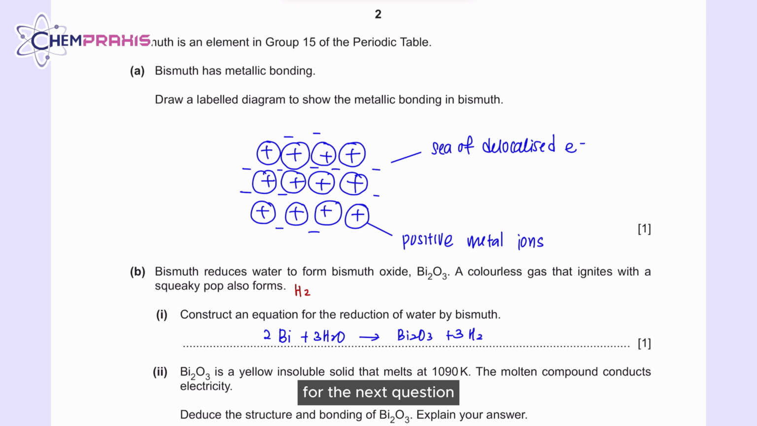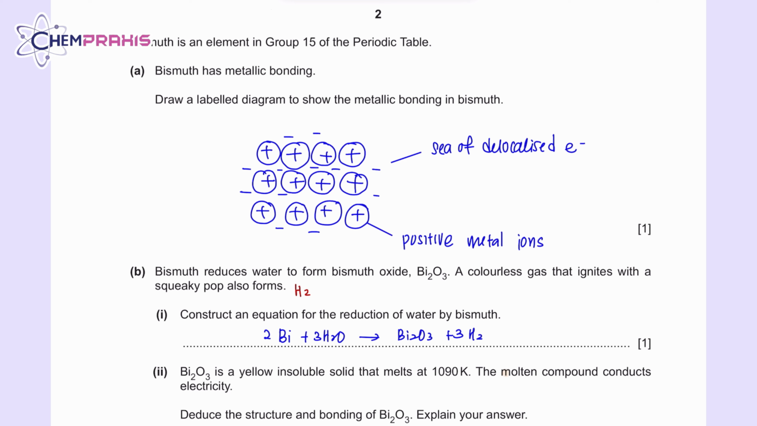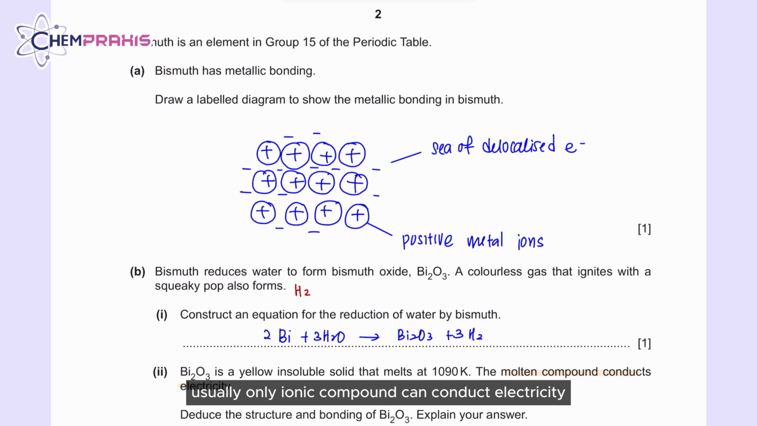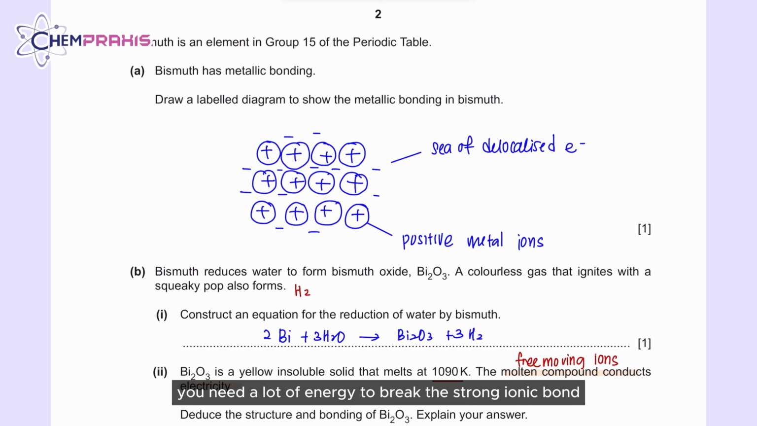For the next question, Bi2O3 is a yellow insoluble solid that melts at 1090 Kelvin. The molten compound conducts electricity. Deduce the structure and bonding of Bi2O3. Explain your answer. If the molten compound can conduct electricity, usually only ionic compounds can conduct electricity in molten or aqueous state because they have free moving ions. And also, for the melting point, 1090 Kelvin is pretty high. Usually, with a strong ionic bond, you need a lot of energy to break the strong ionic bond,